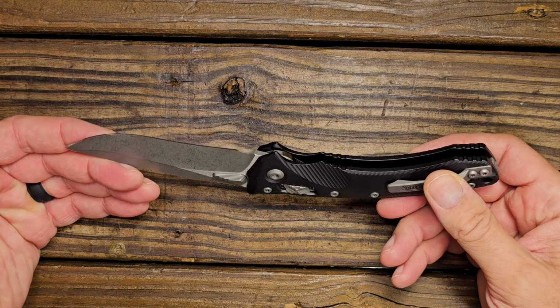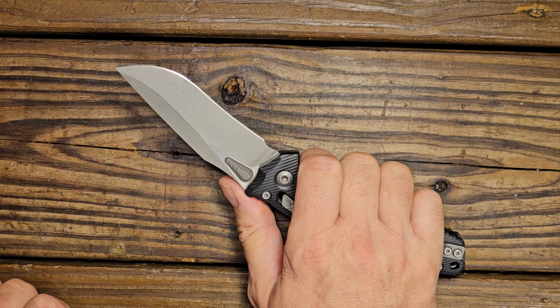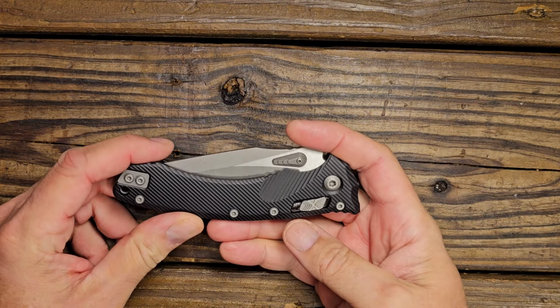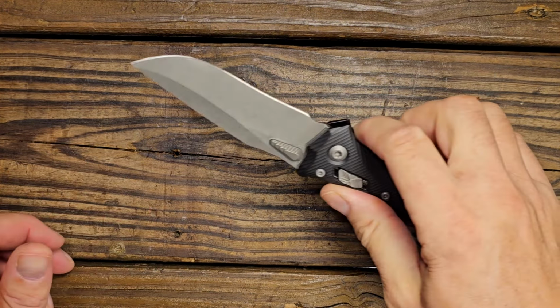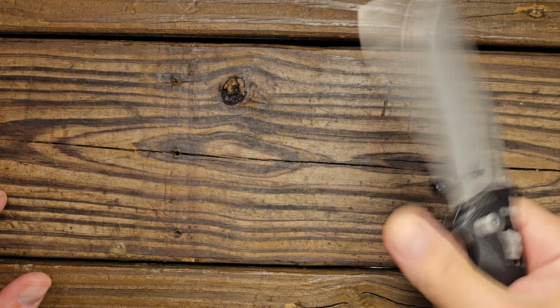So there you have it. This is the Microtech Amphibian. This again is the ram lock, the fluted version, and it is a very well made knife. This one will be going back to Mr. Eddie, I've had it for too long, but